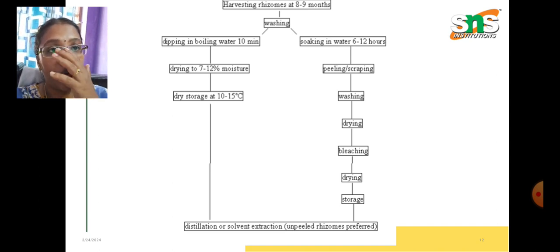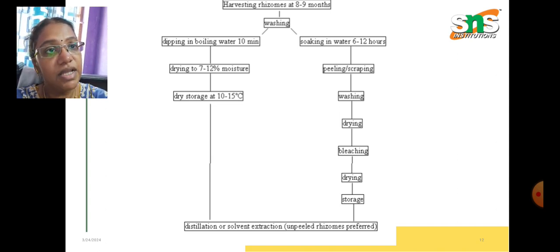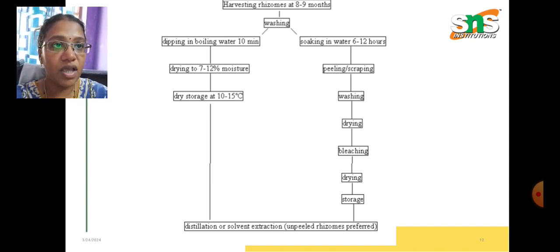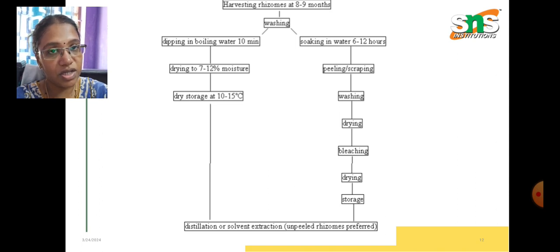So this is the overall process flowchart of the ginger rhizomes. We have already seen the harvesting of rhizomes at 8 to 9 months. Then we are washing, and there are two methods: dipping in boiling water for 10 minutes, and soaking for nearly 6 to 12 hours in normal water. In dipping in boiling water, they take it and dry it to 7 to 12% moisture content, and dry storage it at 15 degrees Celsius. Whereas